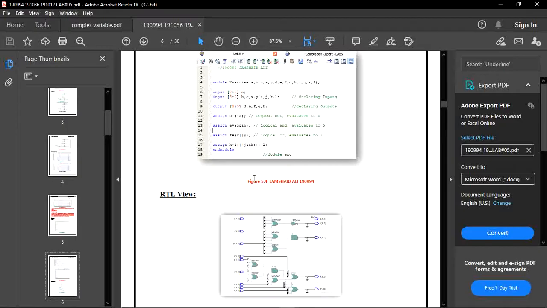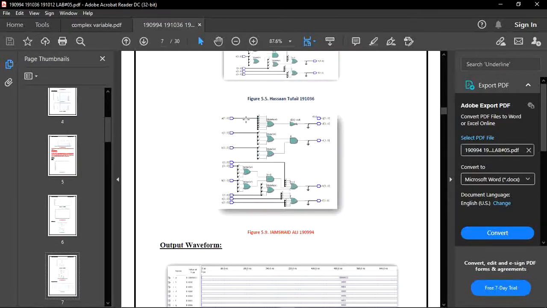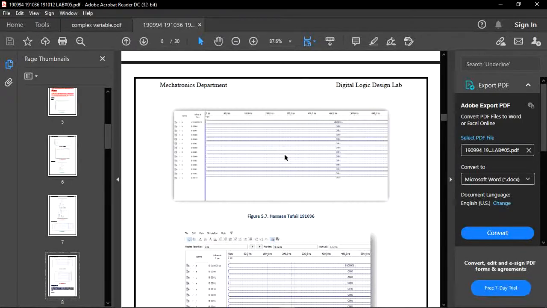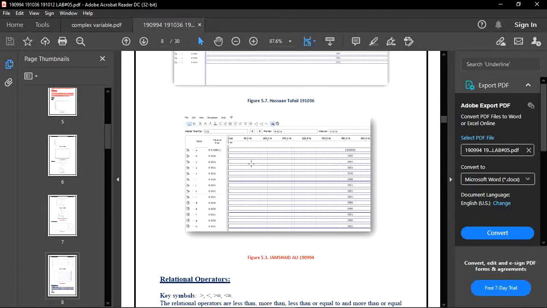So now you can see this is our software. After running and compiling it, we can see its RTL view. So this is its RTL view. Here all the logical operations are performed, and you can see all the wirings. For wiring in other cases, you can see lab 6, where we use all the codes for wires, which control all the inputs and outputs. Now we have to move towards the output waveform. So this is our output waveform.